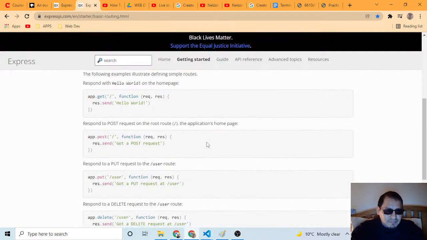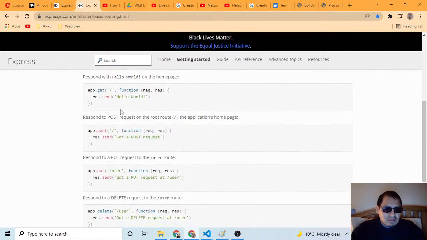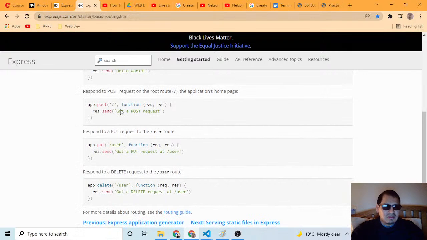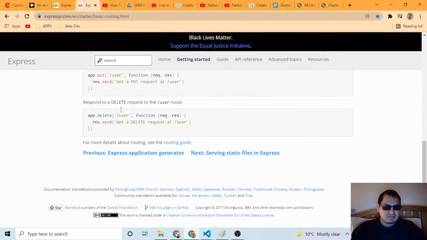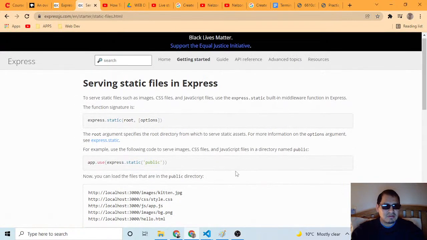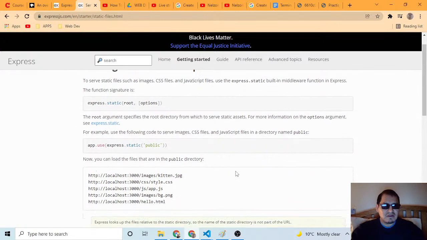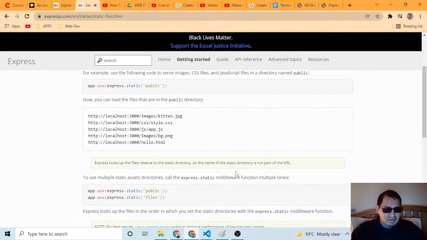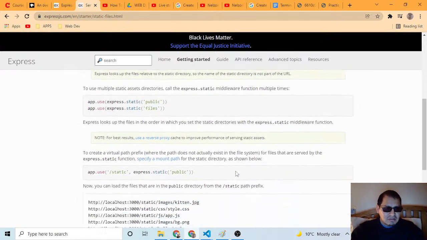That's what I think. The following example is defining simple routes. Respond with hello world. Okay. Next one. This is not so convincing. Serving static files in Express. What? Static.